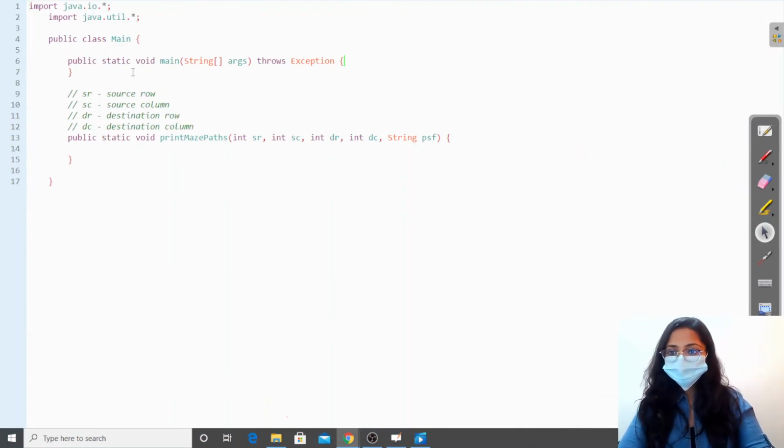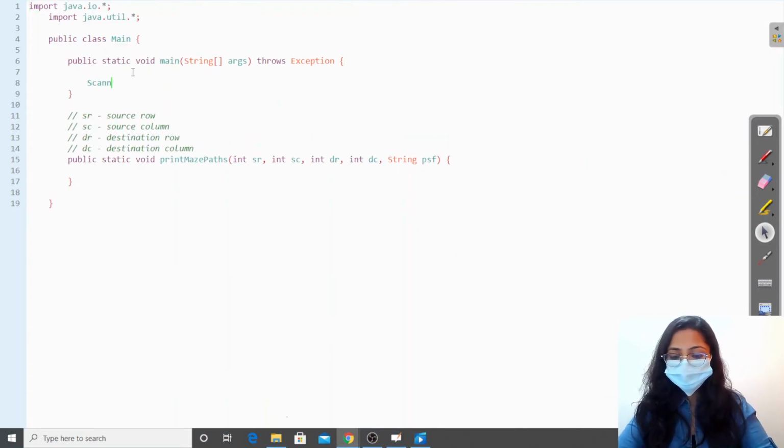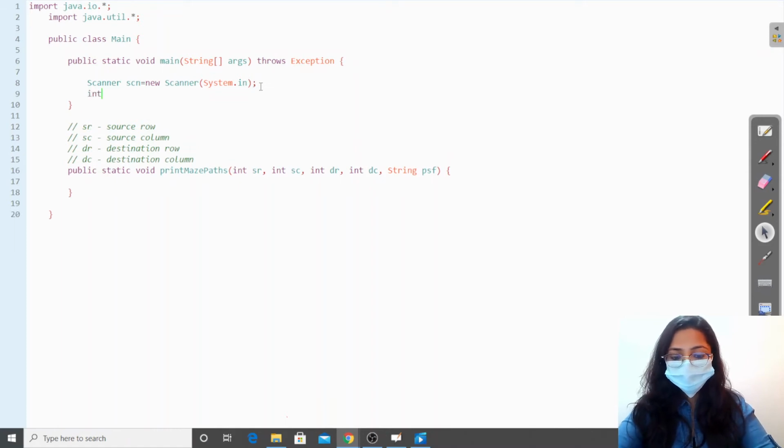So over here, first thing which we'll do is take the input. We have a scanner, and we will take the row and the column.